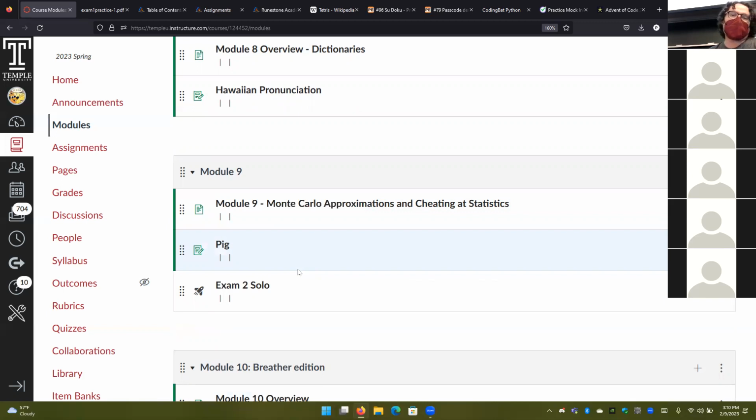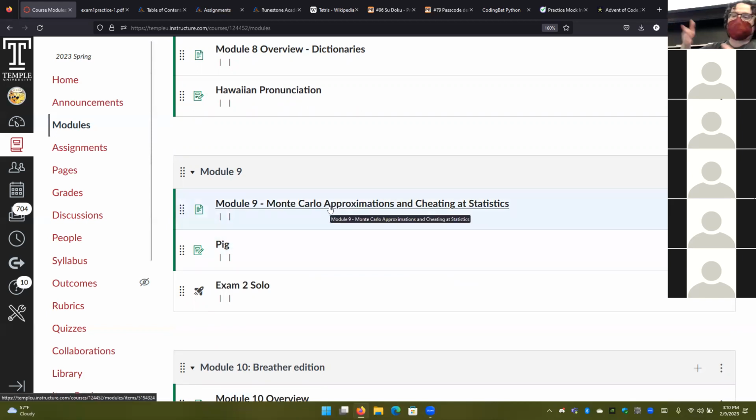Even though Monte Carlo approximation sounds scary, the entire point of programming is to make your life easier. Statistics are hard, so rather than doing the statistics, I'm going to just play the game, but make my computer do it a whole lot. Okay.